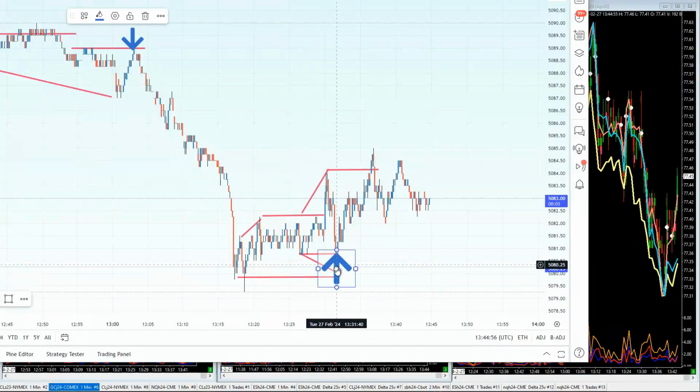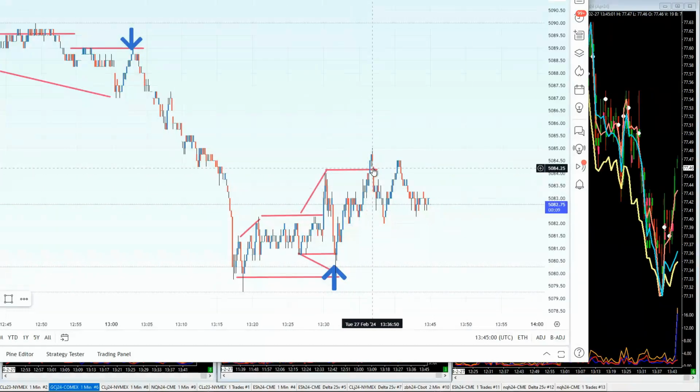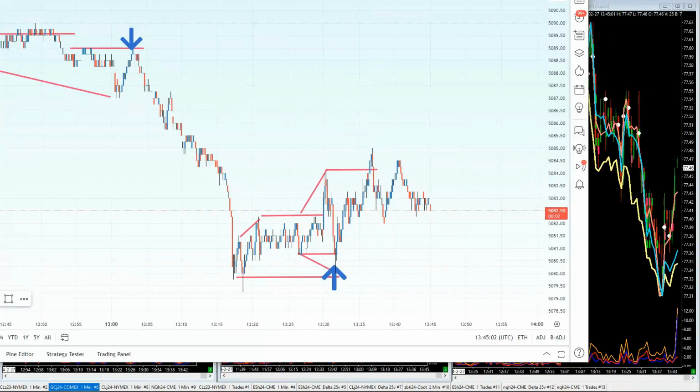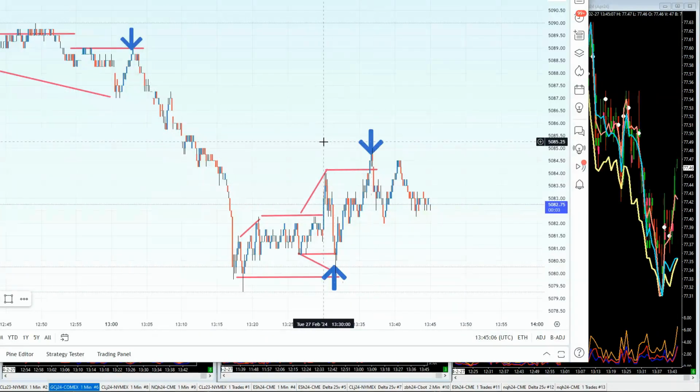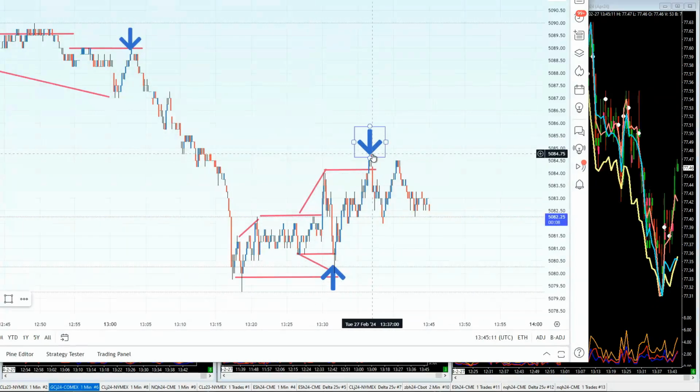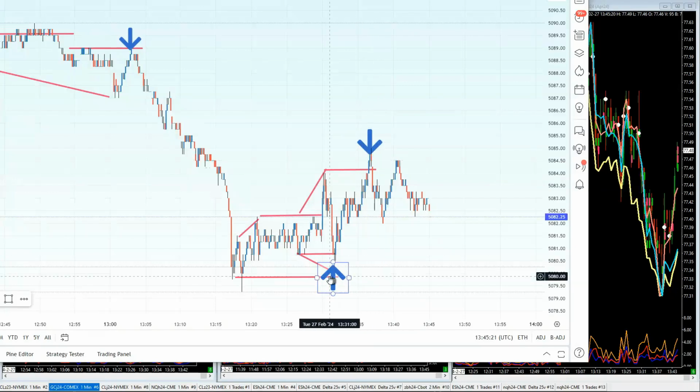There's definitely a seller here. Now, is the seller just a stop run? Is the buyer here just a stop run? Well, that's what your value lines are created to help you with. To look at those stop runs and try and figure out whether that is a buy trade for a net long or whether it's a short trade for a net short or whether it's both trades for a I'm not terribly sure type market. I'm not terribly sure if it's bullish or bearish type market. So when we see them,